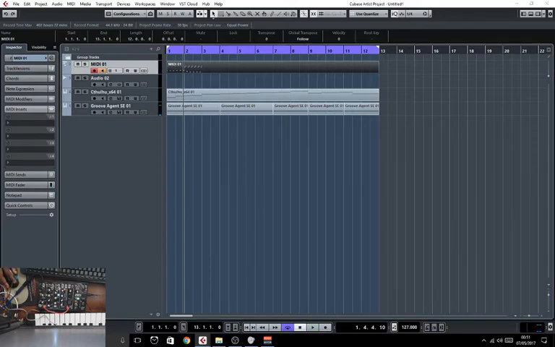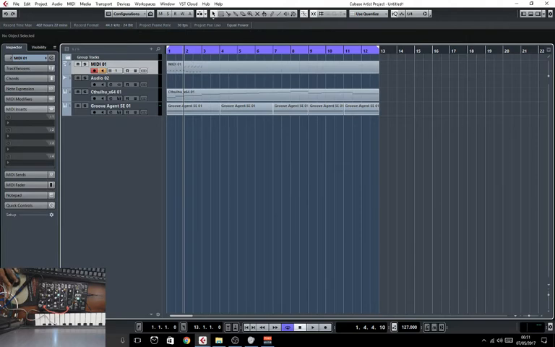If anyone knows how to get routing, please let me know so I can record the effects. Because right now it's just recording straight in. I can't even save it. It's gonna be play around.